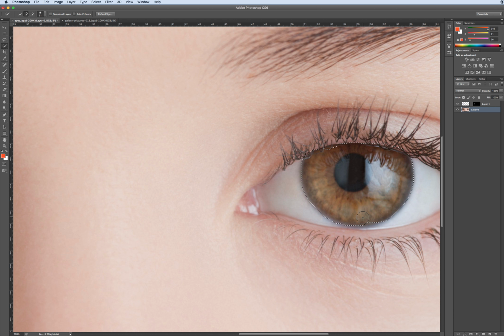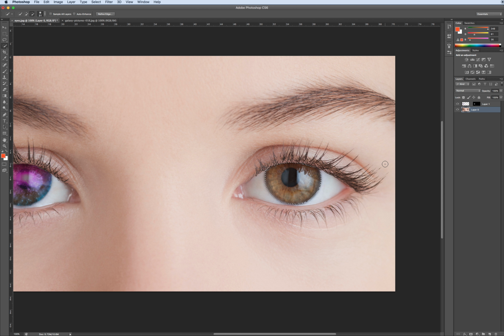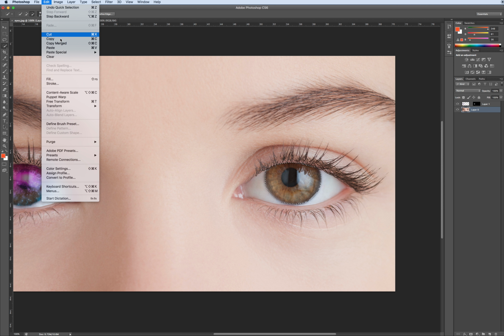Again, not to panic if you go a little over the border or a little under. All we do is back up to the minus, and gently cut out around it. When we're happy with that, we then simply go back to our regular size and we do the same, edit,